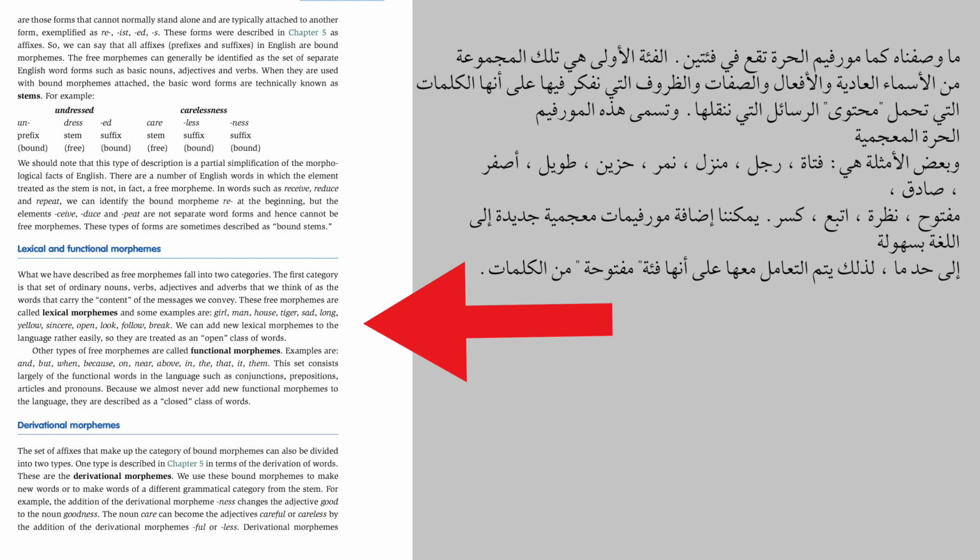أو المكونات المفرداتية، أو شنو الترجمة المناسبة، مثل كلمة بنت، رجل، بيت، تايجر، أسد، نمر، sad, long, yellow, sincere, open, look. هذه كلها احنا نسميها lexical morphemes. We can also add new lexical morphemes to the language rather easily, so they are treated as open class words. هذه طبعا القائمة مالتهم مفتوحة، هم open morphemes،